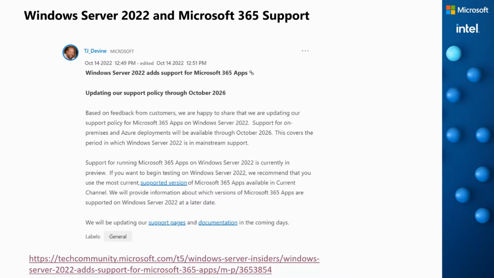So today we still don't have the support. Microsoft says support for running Microsoft 365 apps on Windows Server 2022 is currently in preview. So if the preview shows that there are issues, that this will not be possible, then we will not get a support for Microsoft 365 apps on Windows Server 2022. So it's in preview. Microsoft is testing this.